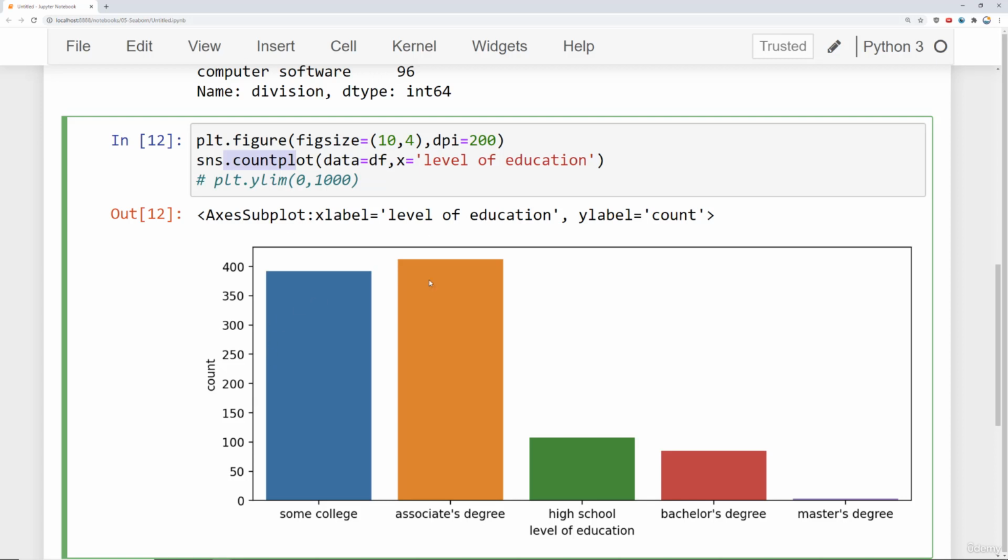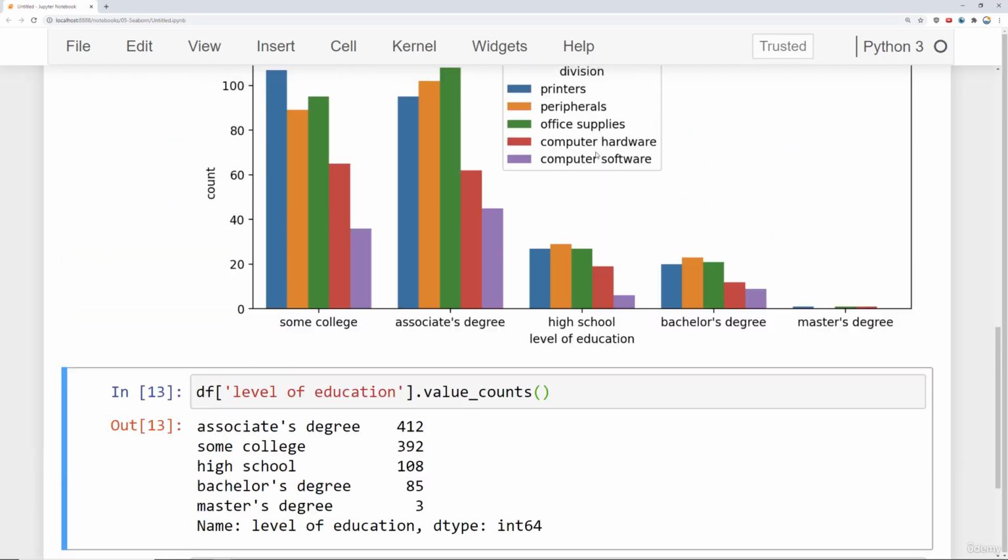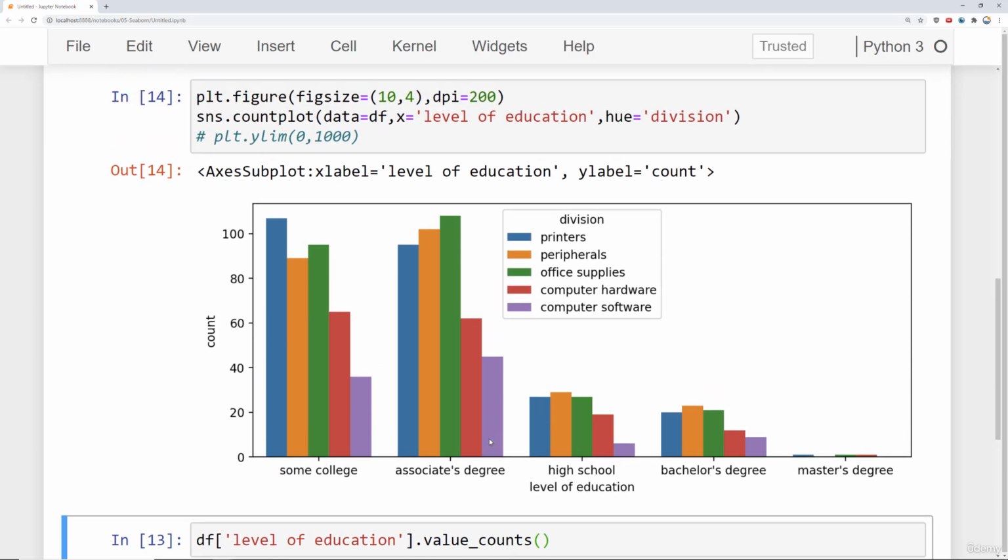The other thing to keep in mind is we could add a hue parameter to split these up into further categories. For example, maybe I could say level of education and then say hue is going to be based off the division that people work in. So now I can see, based off someone's level of education, what sort of divisions are they more likely to be working with. Alright, so the last thing I want to show you here for count plot is